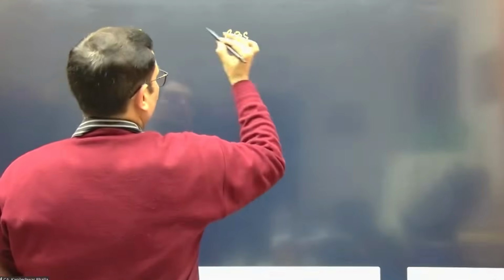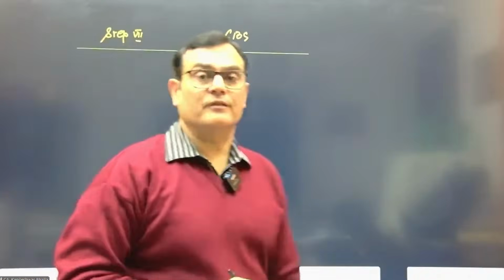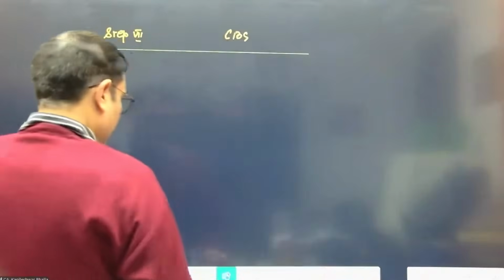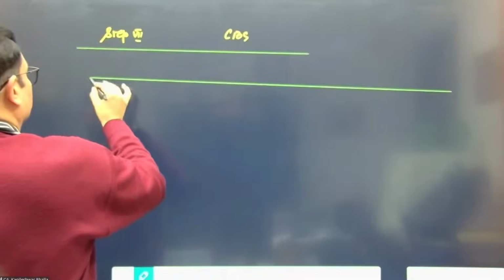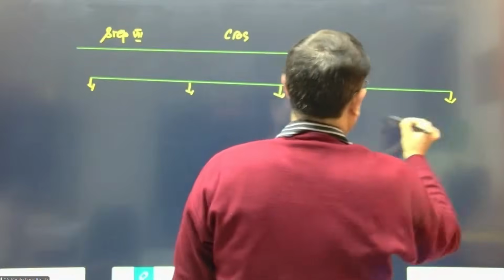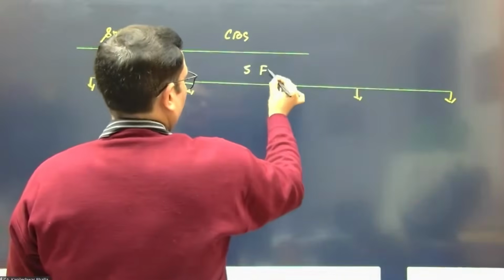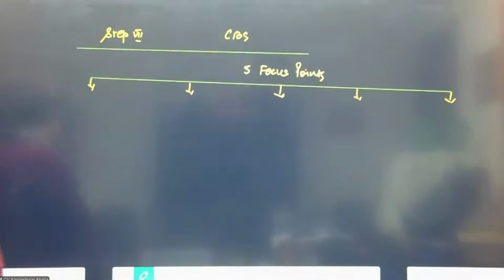Then finally, we go to step number 7. In step number 7, we need to make the consolidated balance sheet. And here I'm just going to quickly put those 5 rules which you need to consider in terms of consolidation. We can split this into 5 focus points, or call them 5 rules, whatever. I gave this earlier as rules; call it focus points or whatever, it's one and the same thing.